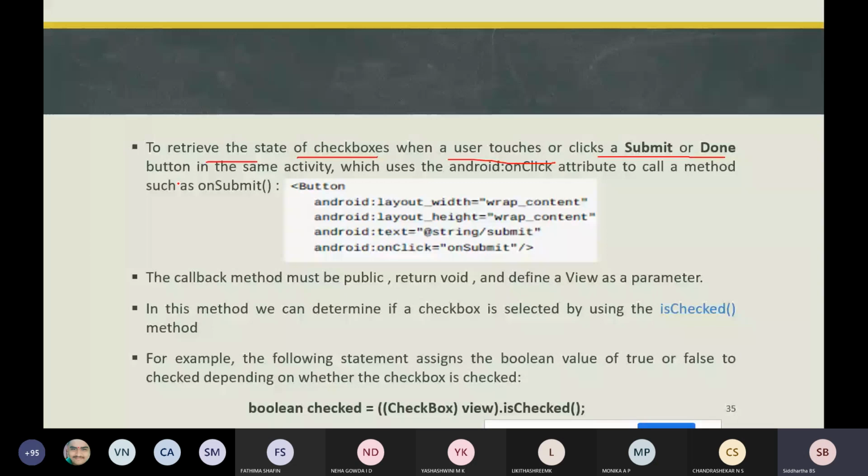For that, you will have one button that uses the onClick attribute, which is a callback method, that is onSubmit.